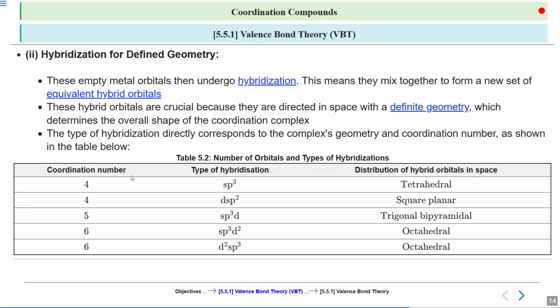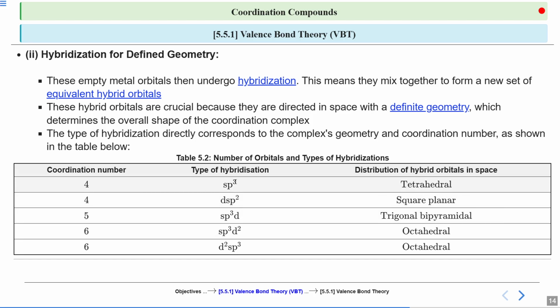So for now, if the coordination number is 4, that means 4 ligands are approaching the central metal for bonding, the type of hybridization they will show is sp3, and the distribution of these hybrid orbitals in the space is going to be tetrahedral geometry. Now similarly, the second possible case is that the coordination number is 4 again,